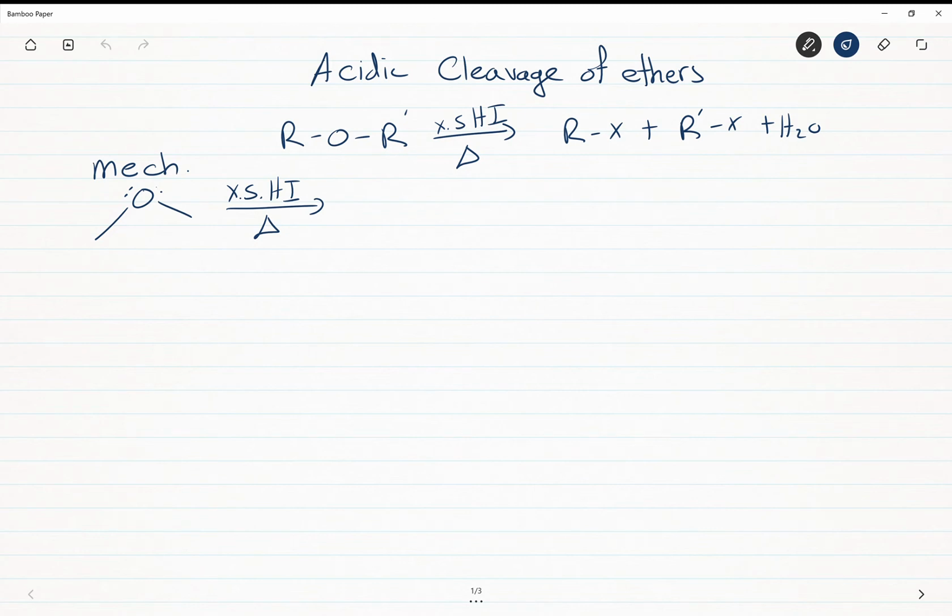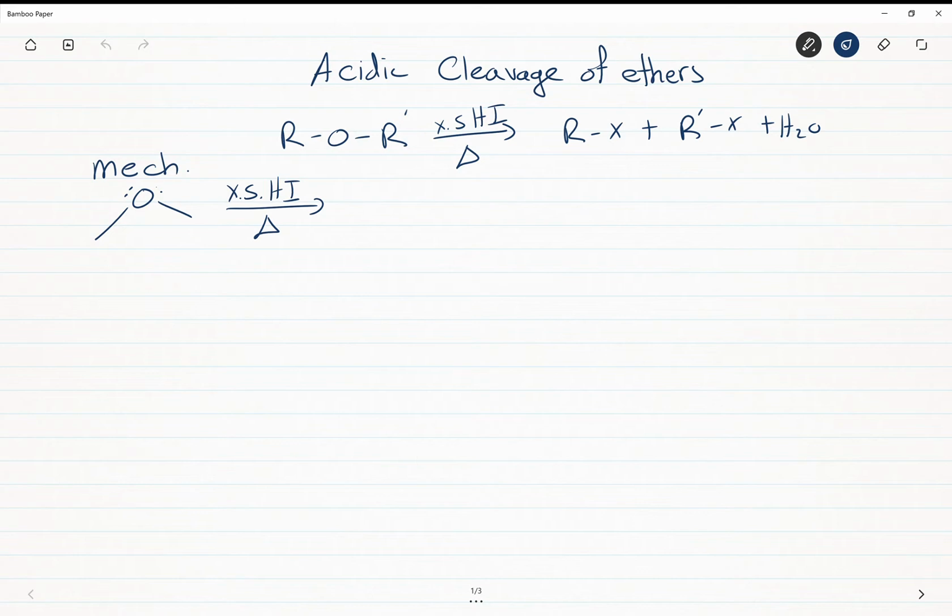As I have said in the notes, ethers are not that reactive. However, we do have one reaction that allows us to convert our ethers into alkyl halides. This reaction is called the acidic cleavage of ethers. To do this reaction, you will need your ether, excess amounts of a